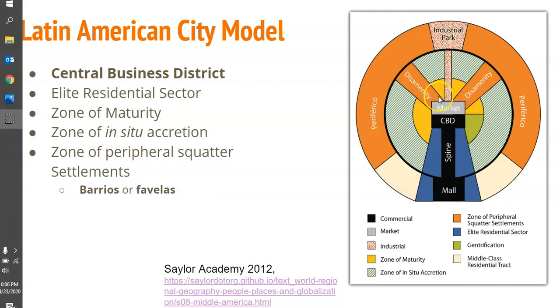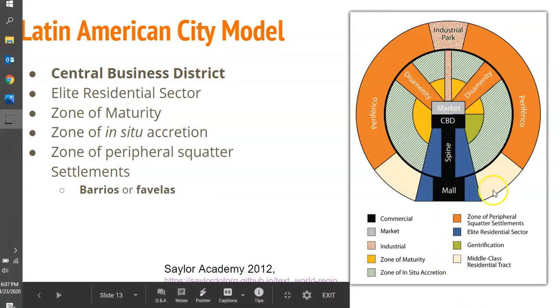So if my central business district here is going to be where all of the big players in terms of economy are going to be, this spine along through here is going to be where all of your shops are. And the blue area is going to be where the wealthy live, because you want to be seen as you live along this spine. And so you can think about, you're going to have tree-lined boulevards through here, very nice streets and roads and plazas and fountains where you can luxuriously